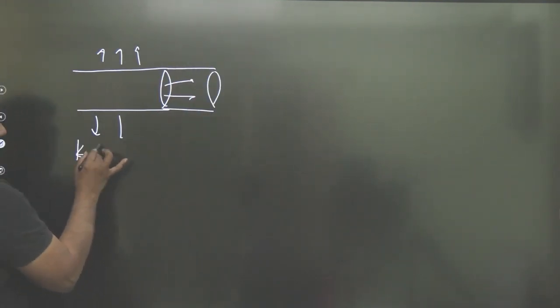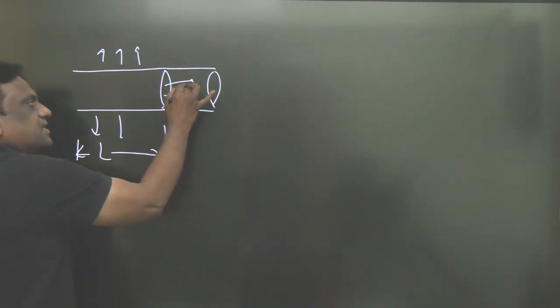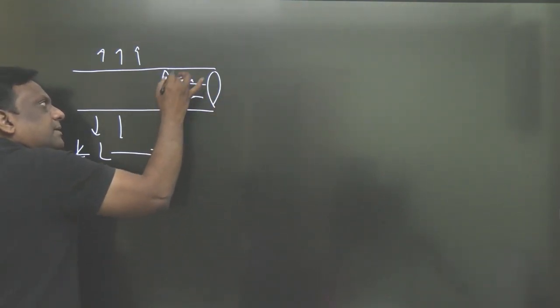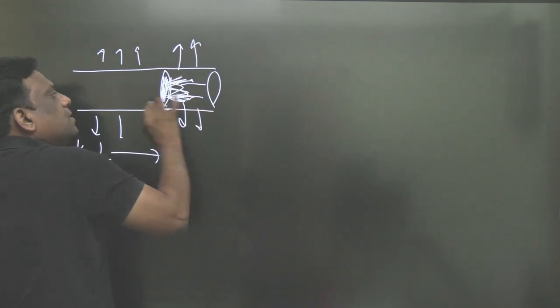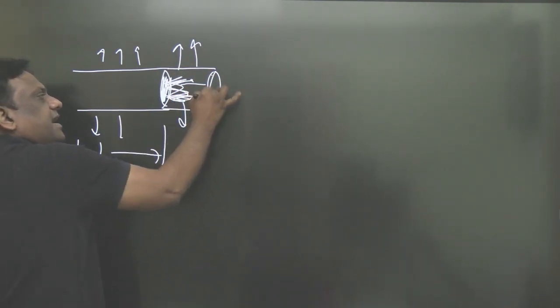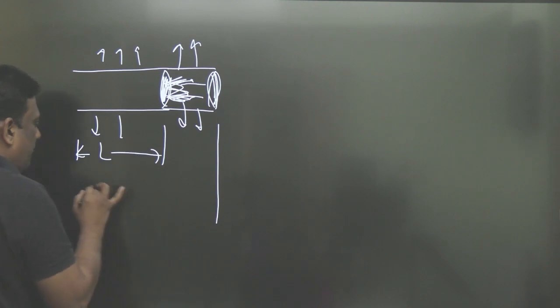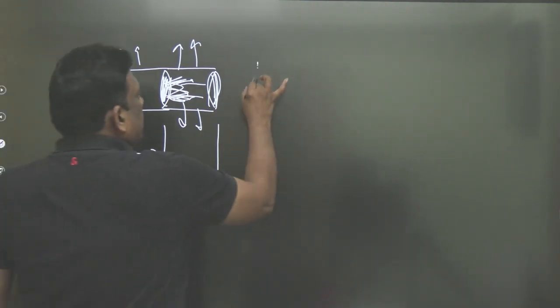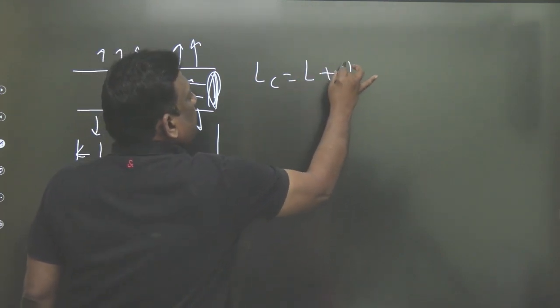This is the actual length, my dear students. I have attached some more length. So whatever was taking place from this tip is now taking place from this. Whatever length I have calculated, I have neglected the tip. So whatever length you have calculated is actually the corrected length. For a circular fin, the corrected length is actual length plus d by 4.